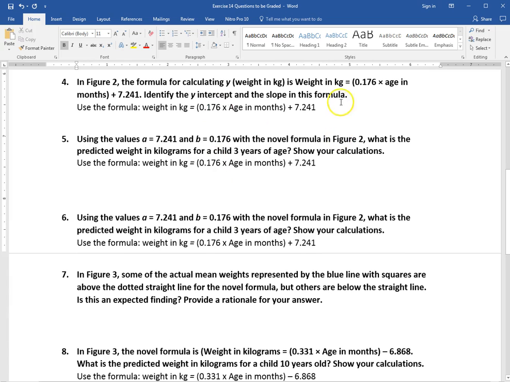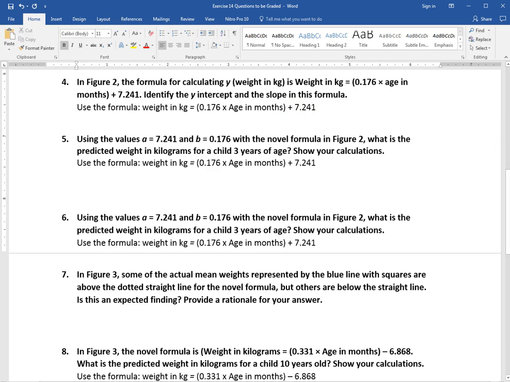In figure 2, the formula for calculating y is weight in kilograms equals 0.176 times age in months plus 7.241. Identify the y-intercept and the slope in this formula. Okay, so this just wants me to identify which value represents my intercept and which represents the slope. So the formula we would be using is weight in kilograms equals 0.176x, which is my age in months, plus